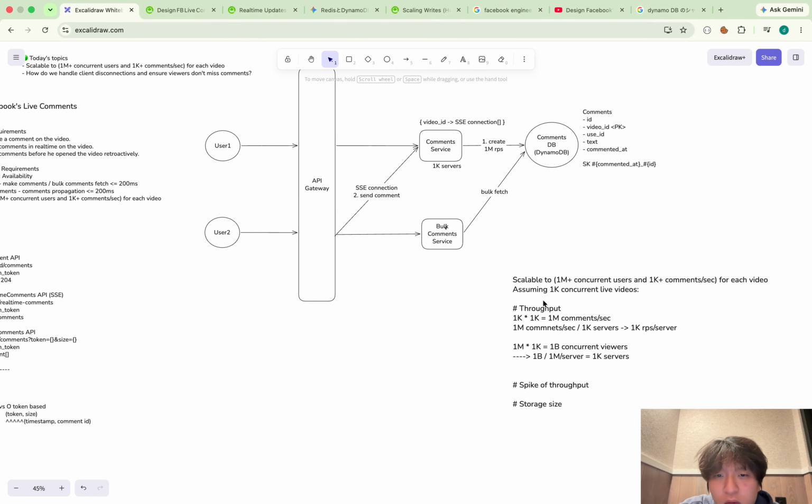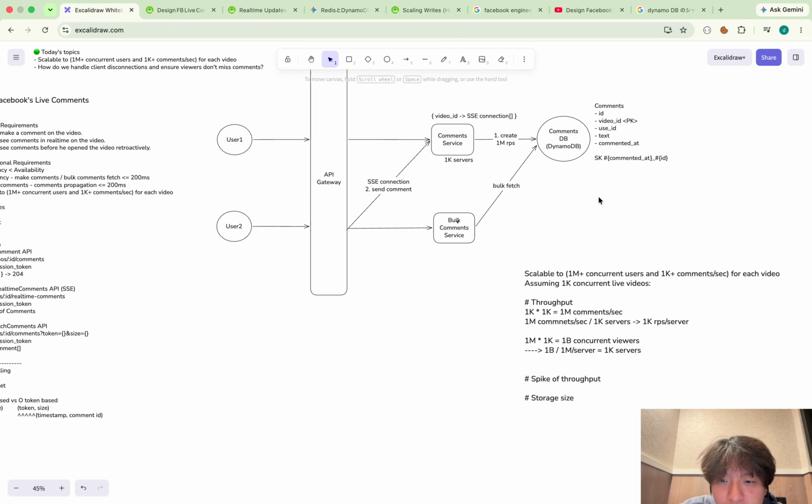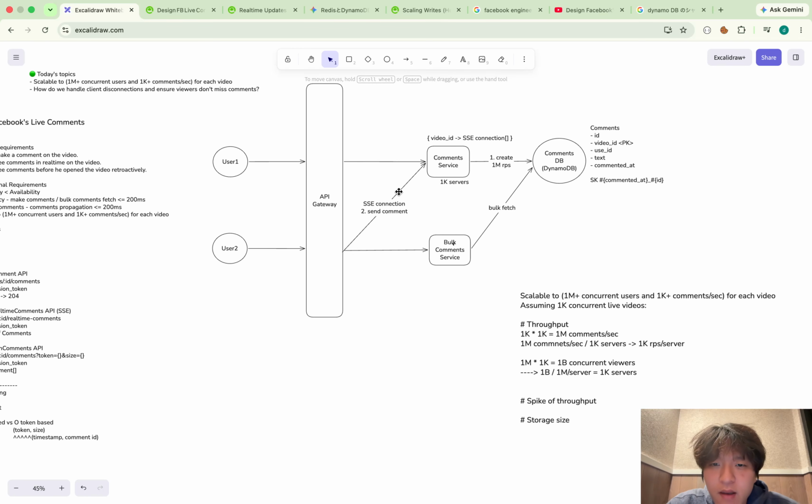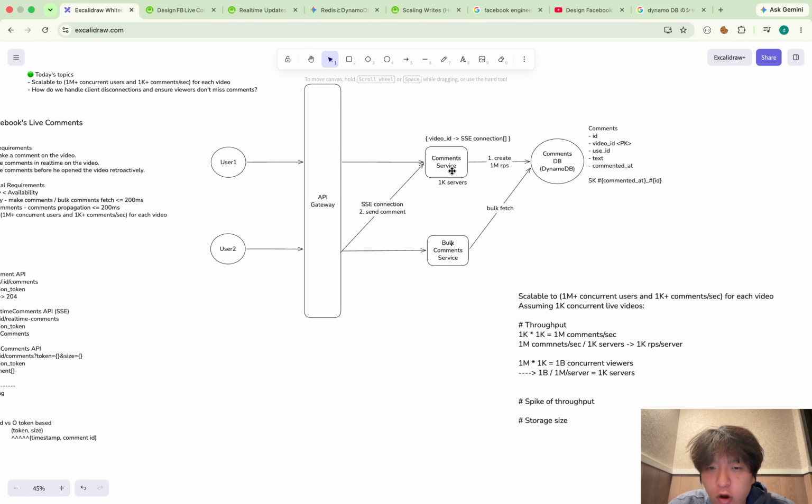Okay, so what should I say? Now I will talk about this part. So number 2, send the comments. But here, now the comment service has 100,000 physical servers. So it can cause an issue. So let's say user 1 and user 2 are watching the same video ID 1, and user 1 is connected to server number 1, and user 2 is connected to server number 2.